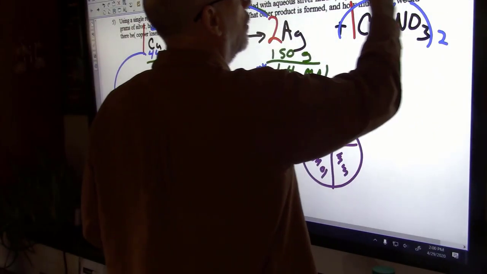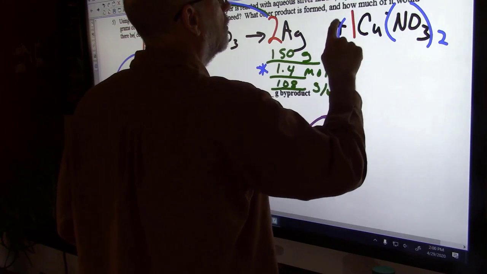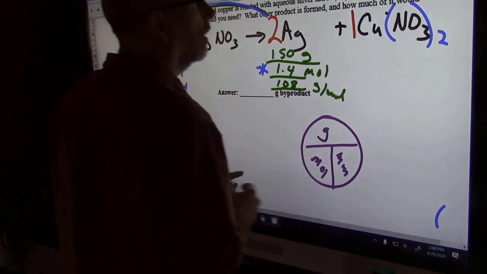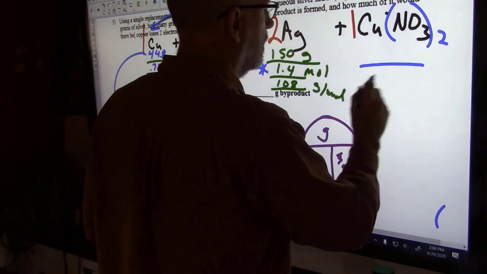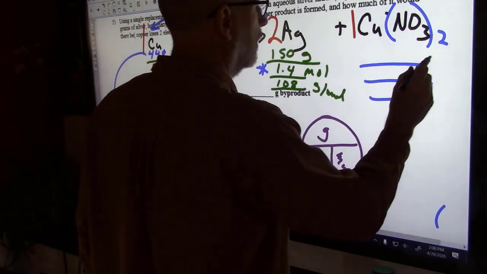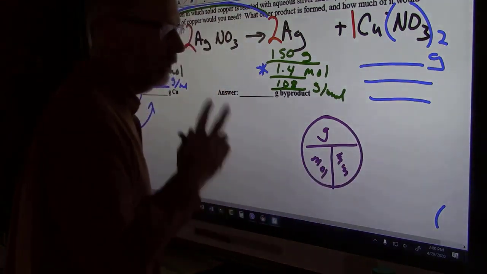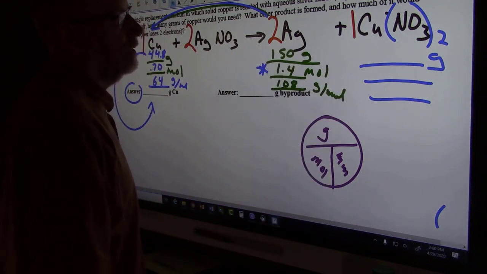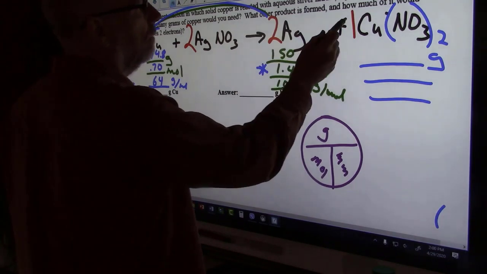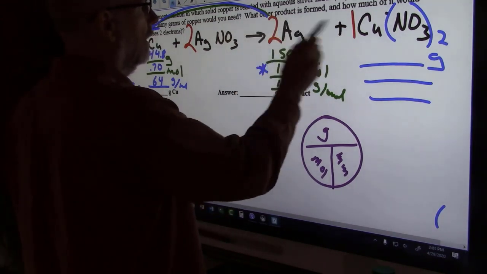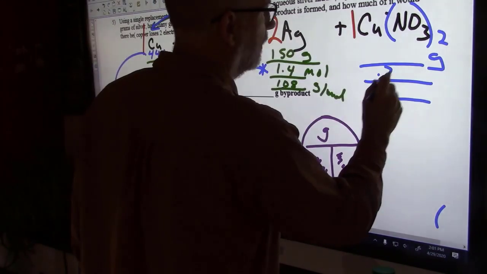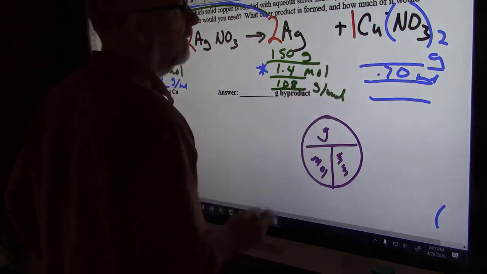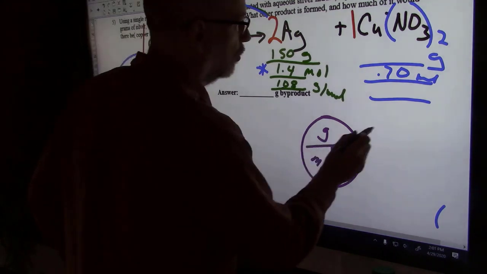So we have to do this whole problem again. Let me hide that down there. All right. So that means we need this, and this, and this, and we need to figure out the grams of copper 2 nitrate. Copper gets a +2, it's in the middle, call it copper 2. NO3 is nitrate. Well, we have a 2 mole to 1 mole ratio. 2 is to 1 is 1.4 is to 0.70 moles again. And the molar mass of copper 2 nitrate is